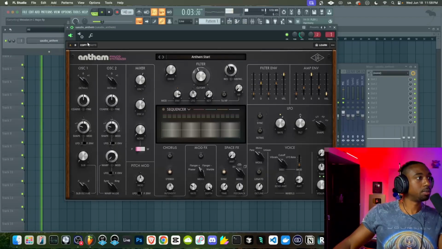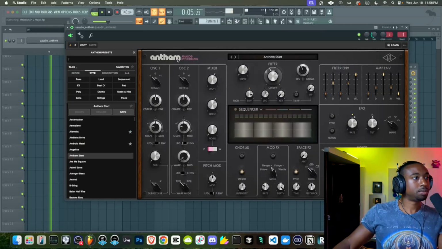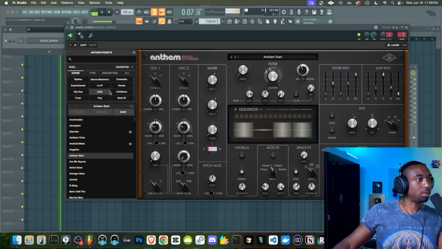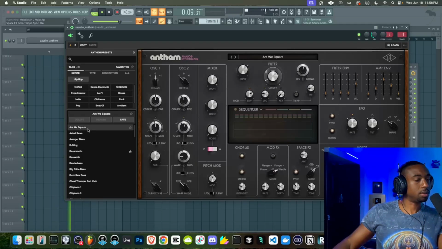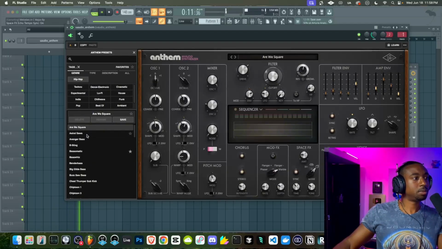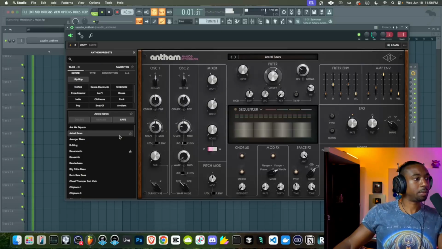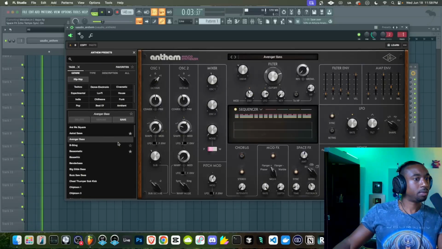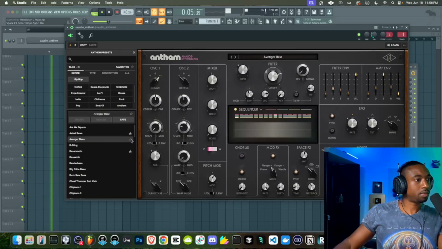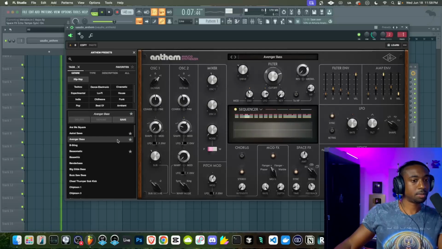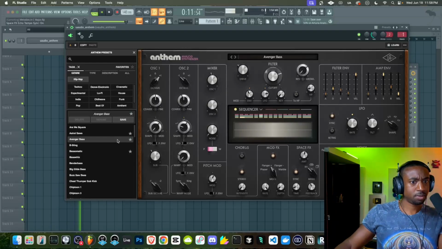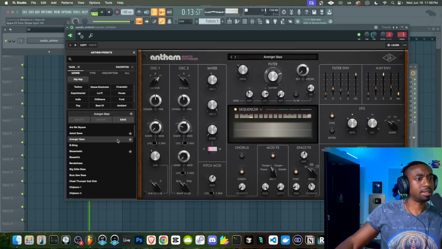Swap out the sounds. Let's go by genre. Let's see if we can find some stuff in here. That sounds pretty Kanye-esque. Seems like it has a sequencer on it somewhere.